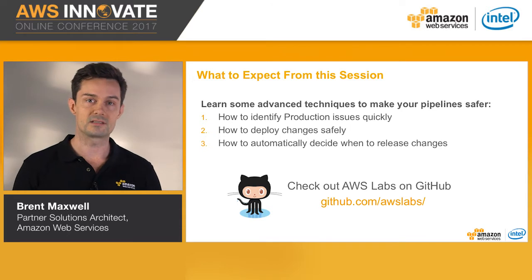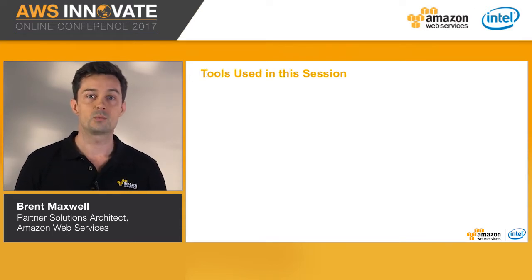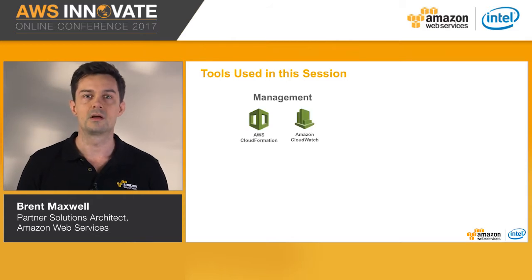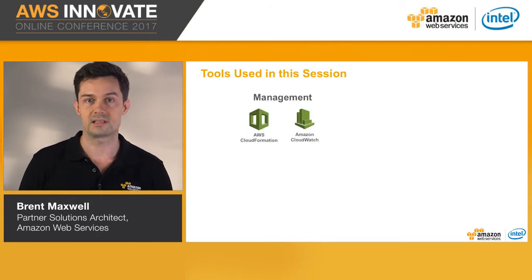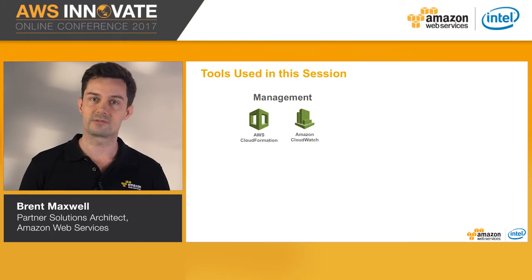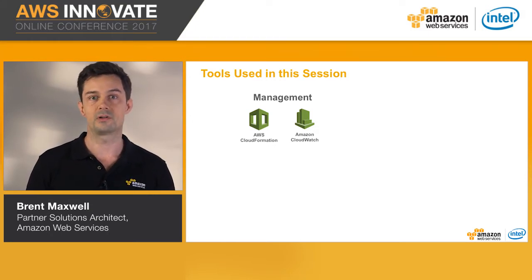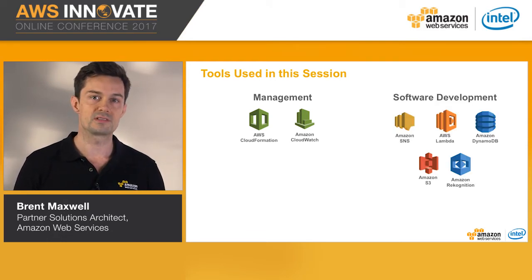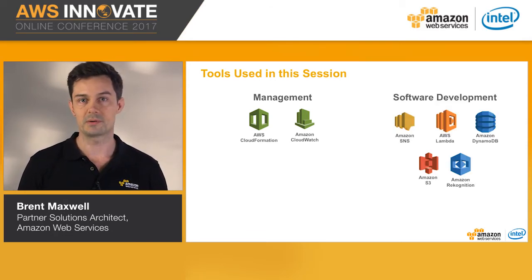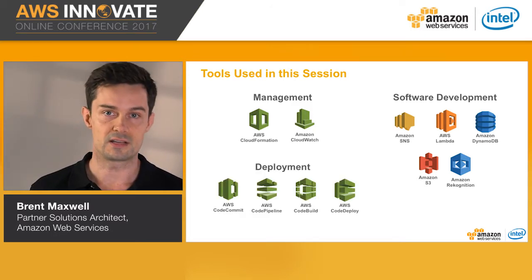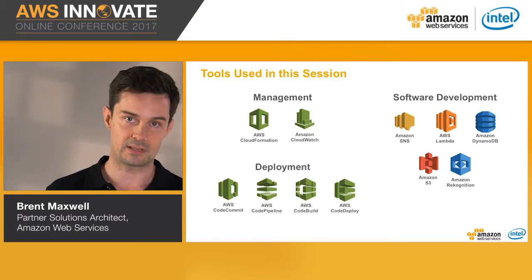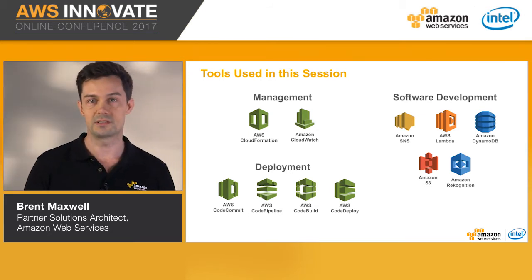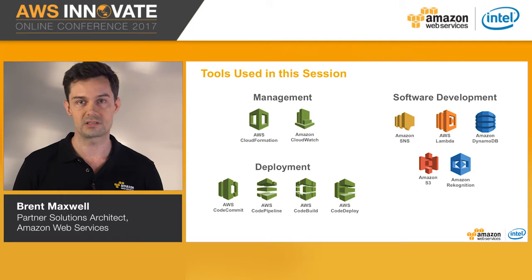your existing pipelines. In this session, we're going to use a bunch of services, and we can roughly group those into three different categories. Firstly, management services like CloudFormation that we'll use for defining the infrastructure as code, and CloudWatch for logging, alerting, and visualization. We're going to use some software deployment services to extend the functionality of our deployment pipelines, and the CodeStar services to orchestrate various aspects of the deployments. There are many other tools out there that do similar things, but today we use the AWS toolset as an